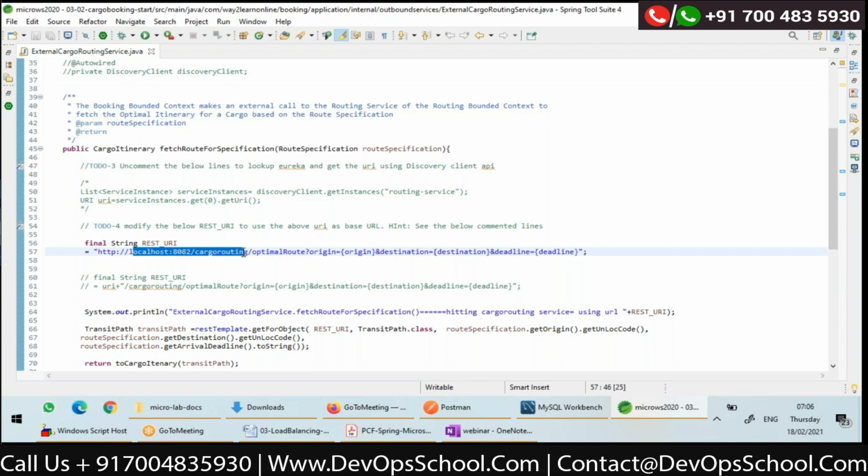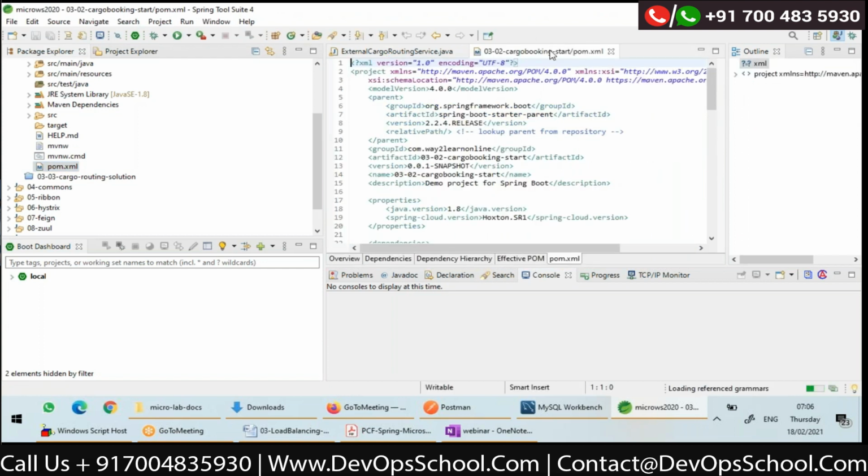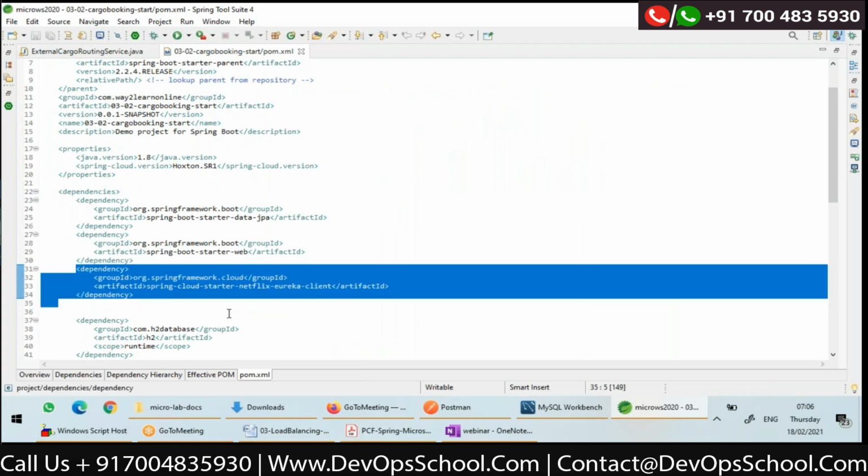Now I want to modify it to use lookup. Very simple. Already in booking app we have added discovery client, is it? Because this is a microservice. It's a Eureka client. I have added this dependency, right? So it has all client libraries.